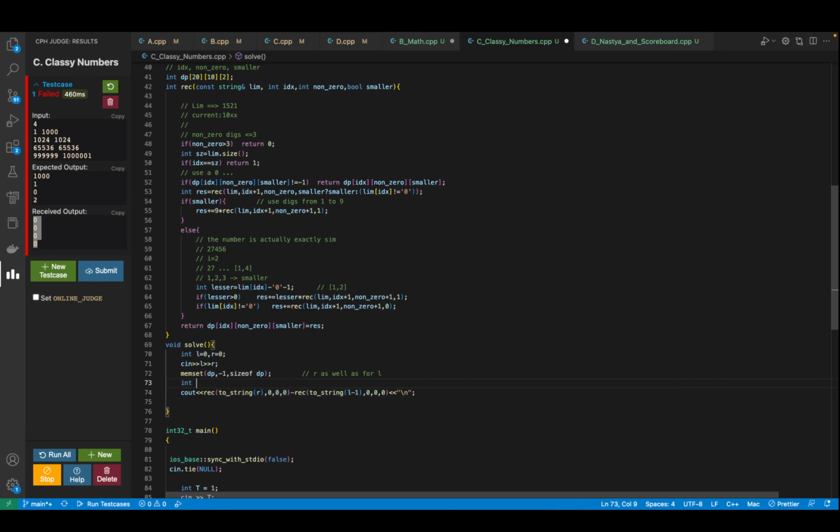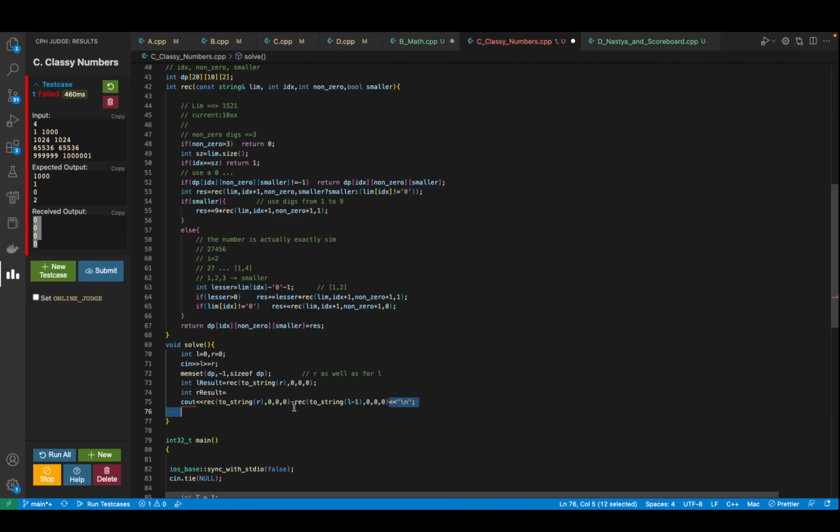And how can you avoid it? You can say int l result is equal to this, right? And then you'll say int r result is equal to this. Cool. Then you'll say cout r result minus l result.